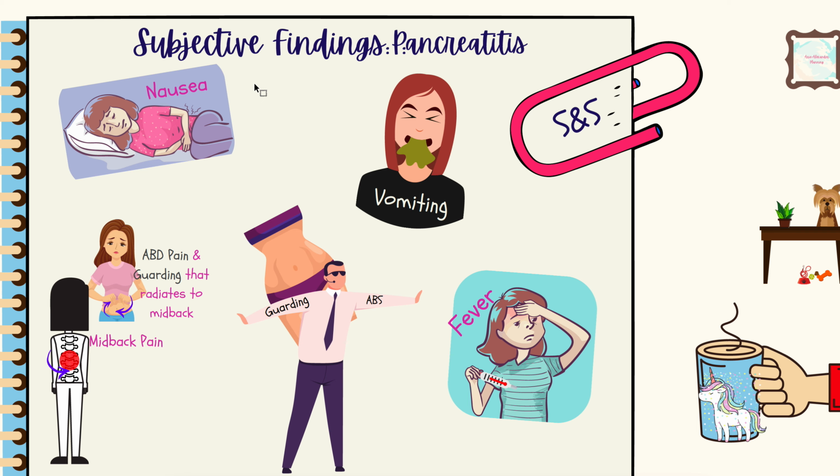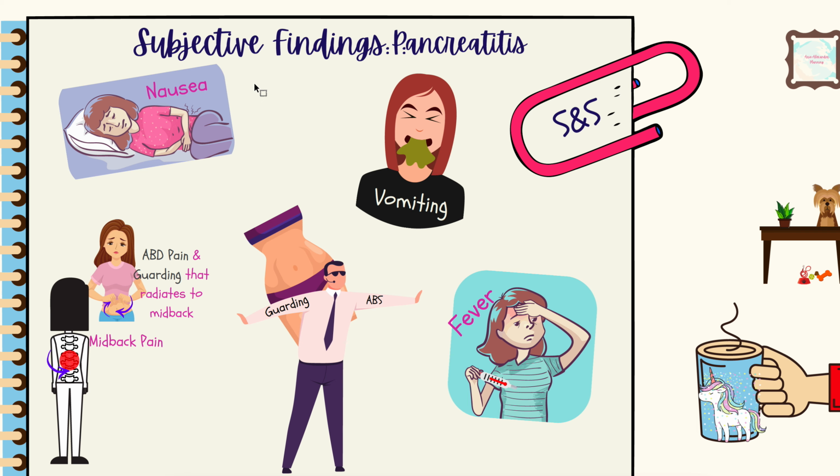Visualize those pictures in your head and put those together with the disease. Just because somebody's having nausea, vomiting, fever, and pain in their abdomen, oh my gosh, that could be a list of things. So take the slides, take out the findings that are objective and subjective, but put the ones that are objective with the disease,